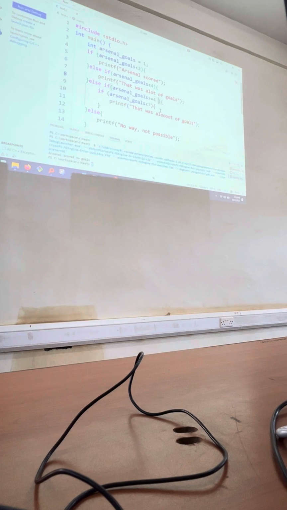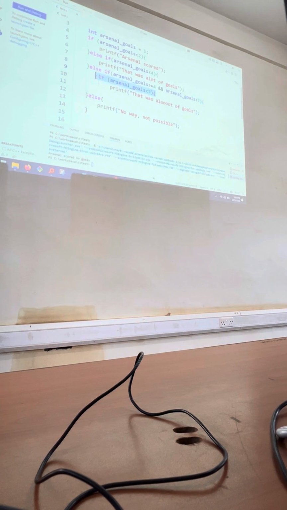In that case, our and, we use a symbol like so. So, are Arsenal's goals greater than or equal to 4, and are those goals also less than 7? If we have that, we can remove that. Okay, so we have done both of those within the same line.